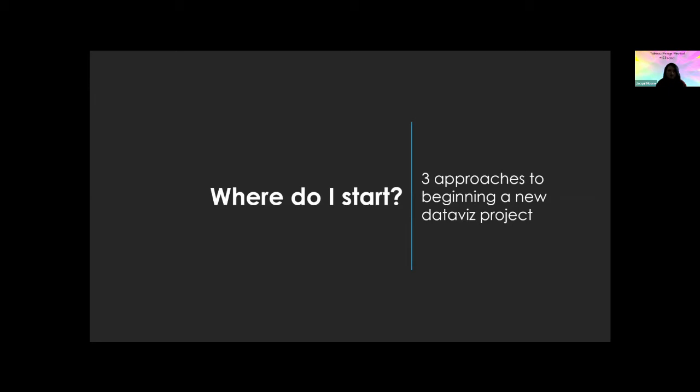So I'll start with the data-driven approach. So I have the data set, I know I'm going to build a dashboard, but not much else. So I'm going to start by reviewing and exploring the data and see what information can be found in there. I'll take a look at the dimensions and measures. I'll look at the granularity. What's the finest level of detail in the data set? Am I dealing with raw numbers or are they aggregated? Are there averages or percentages that I need to watch out for if I'm going to further aggregate? Are there targets that I can set KPIs against? Is this data over time or is it a single point in time? If it's over time, what's the time range? What's the frequency? What am I looking at here?